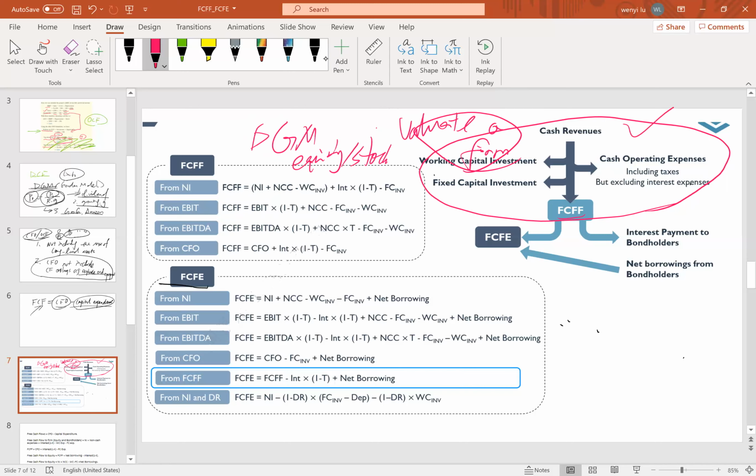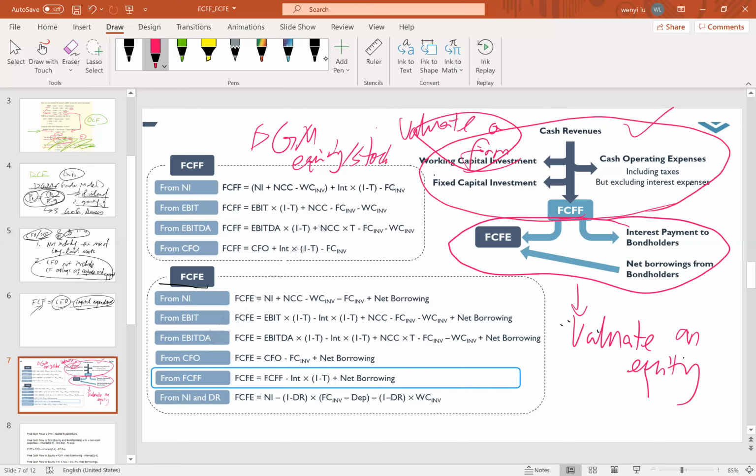Then, based on your free cash flow to the firm, you can also continue to solve the free cash flow to equities. So this part will evaluate equities. It will be similar to the dividend model, but more consistent, and it can also be applied to most companies, even if they don't pay dividends. So after you solve the free cash flow to the firm,